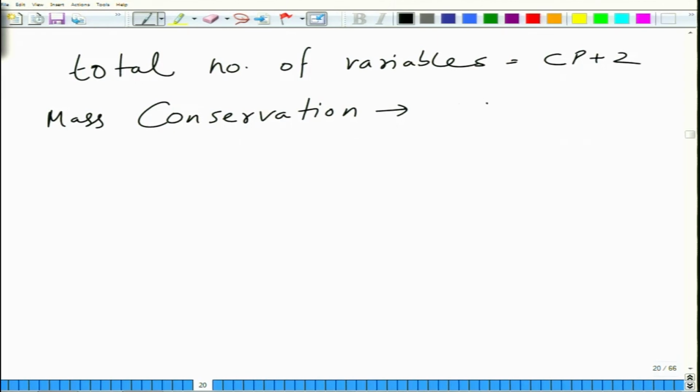If we have C components and we have P phases, then CP plus 2 is the first one, and then we had P equations